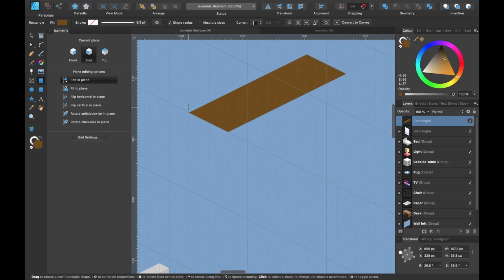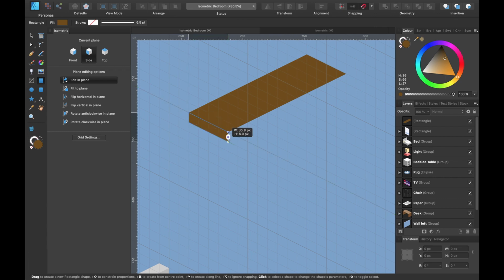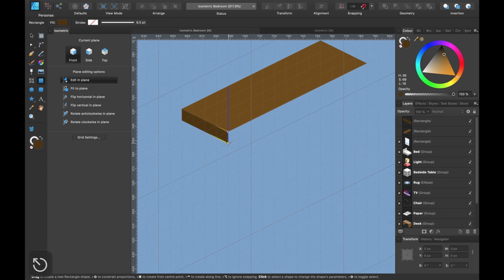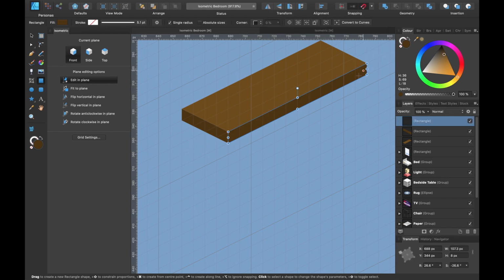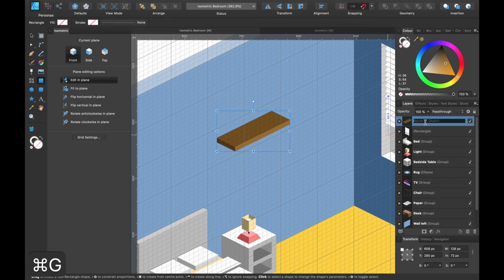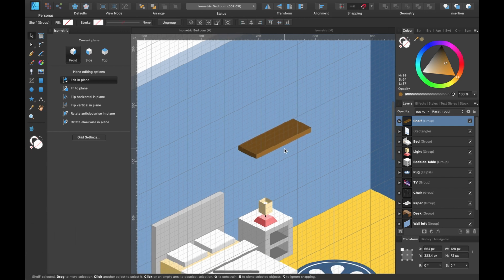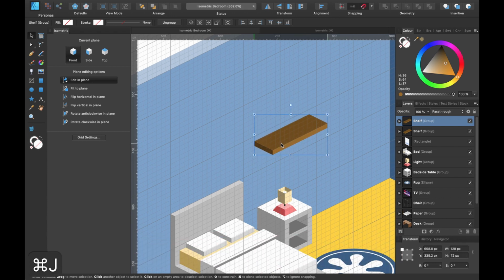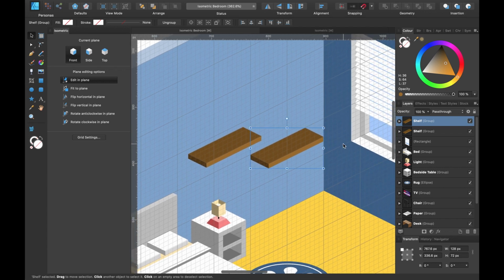Now let's create the side of the shelf. Make that darker. Click on the front, press escape. And I'll make that slightly lighter. Let's group these together. Command G. Shelf. Return. Press V, the move tool. Let's bring it down a little bit so it's easier for them to get to the books. And let's duplicate that. Command G. We'll drag the other one to around about here.